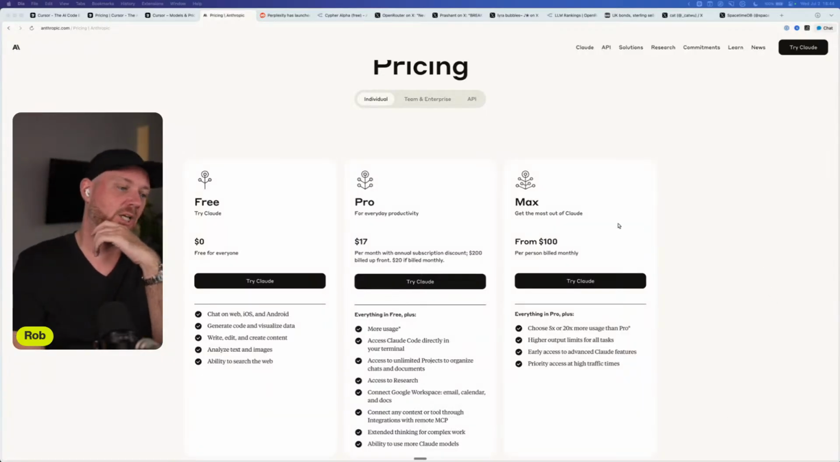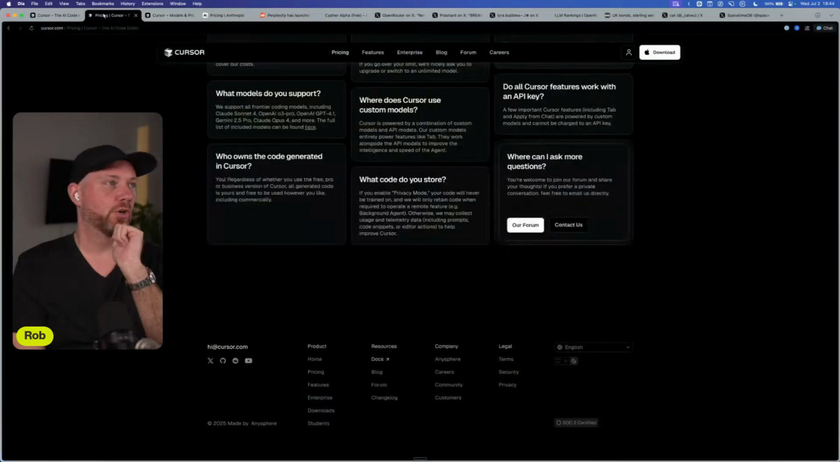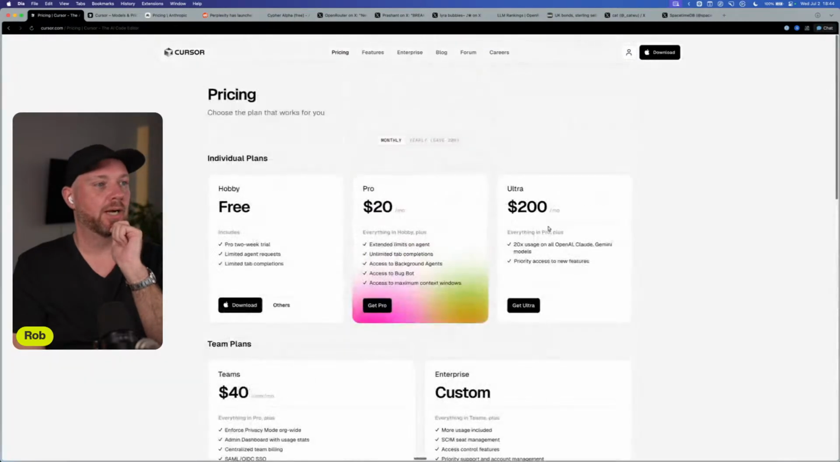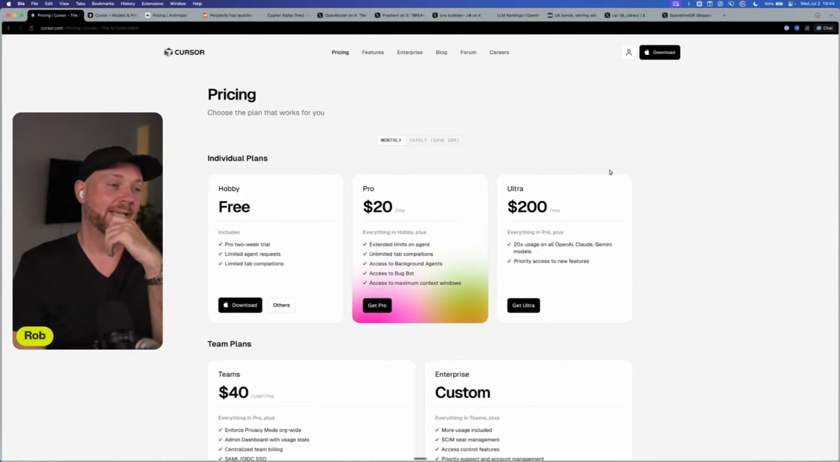But then if you are like a coder or you want to go all in, then you have to ask yourself, do you want to go for the $200 Max Claude plan, which exists, it's not shown here, or do you want to go for the $200 Ultra plan from Cursor? And there,